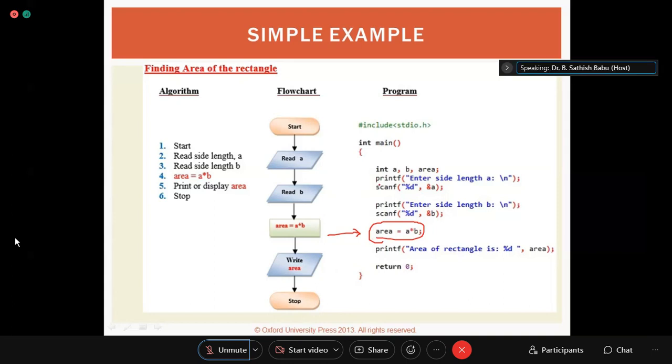Once you have found the area, you have to print it. Use the same printf function. Area of the rectangle